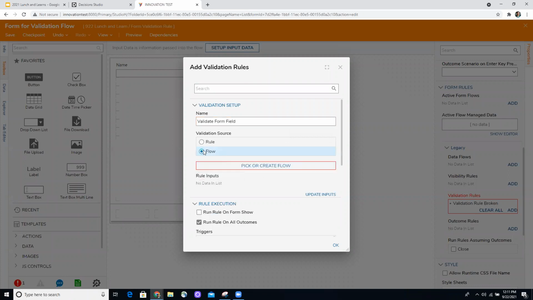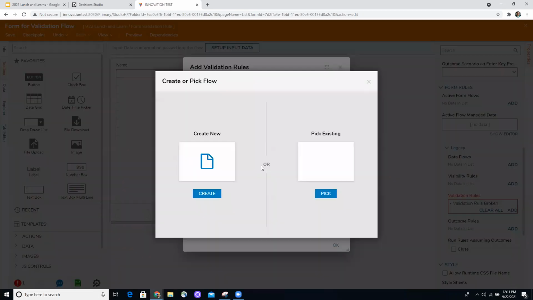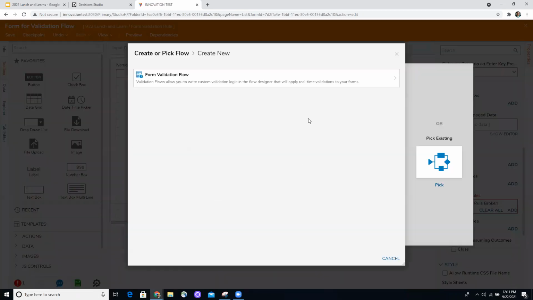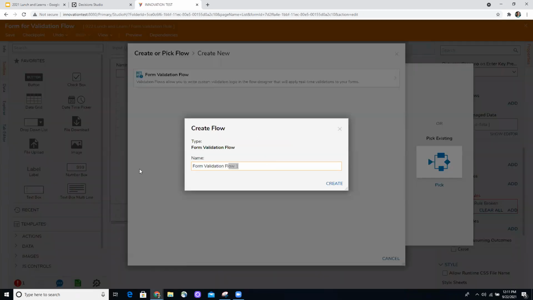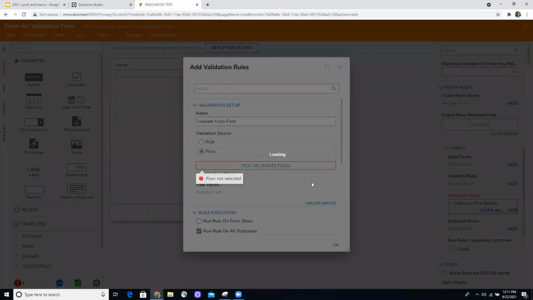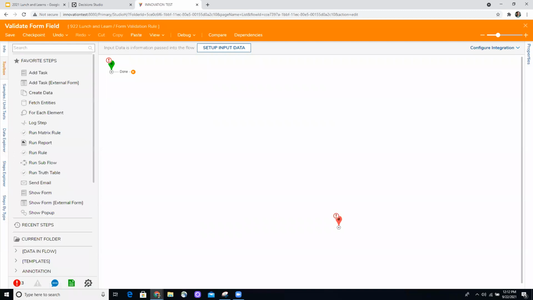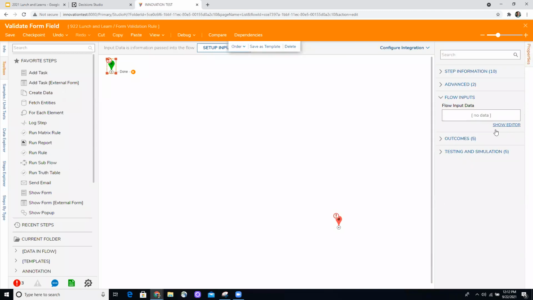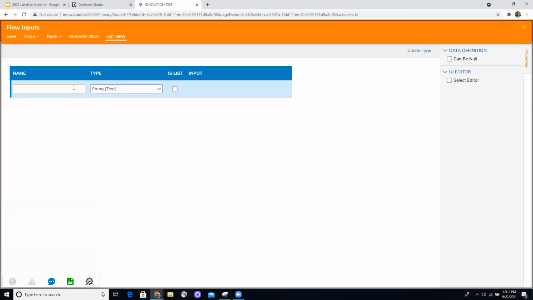Do something on flow. All right. So we selected that. We're going to pass in our variable of name.